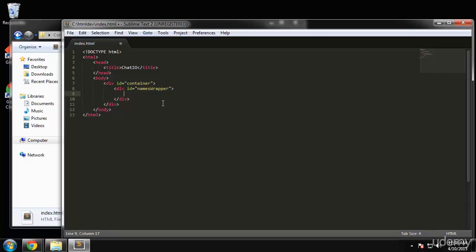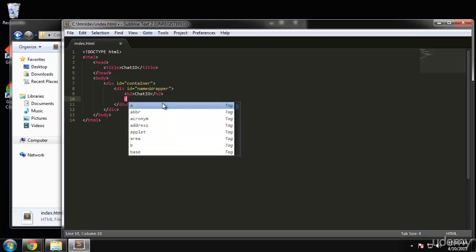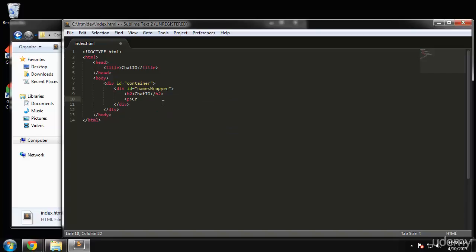And in this we're going to have an H2 heading, which will just be the header, so we'll say ChatIO. And then we'll have a paragraph. It'll say create username,